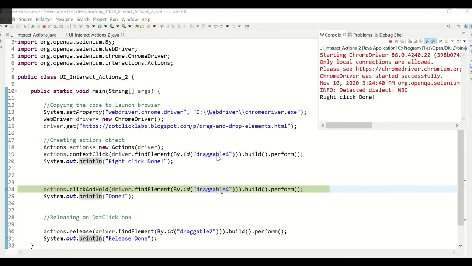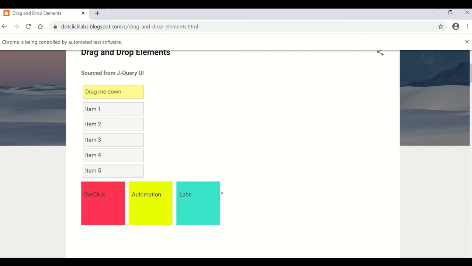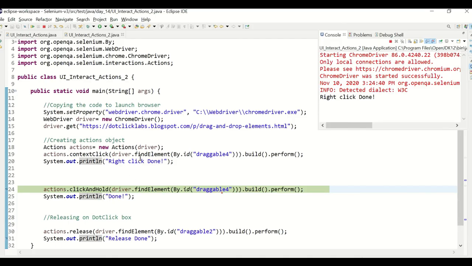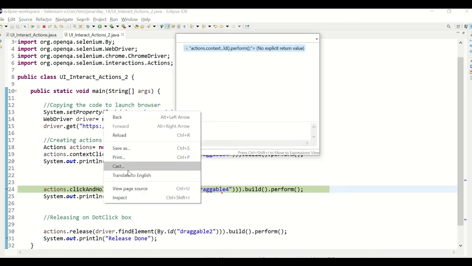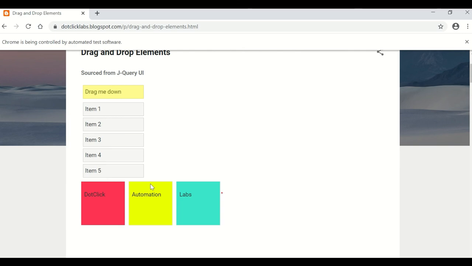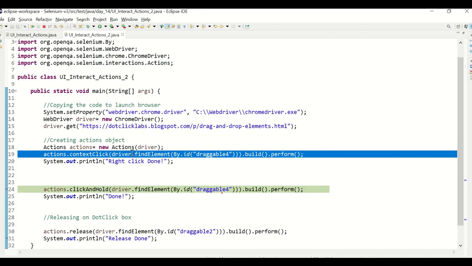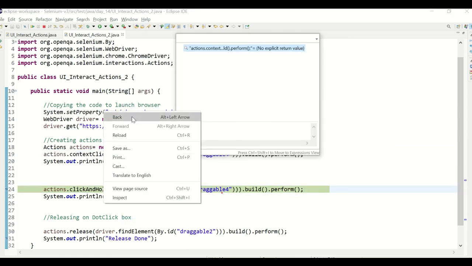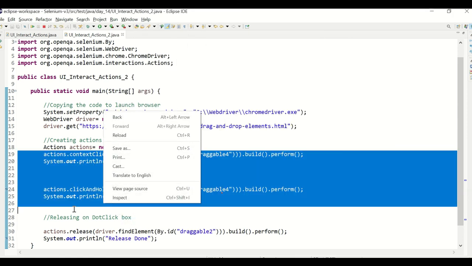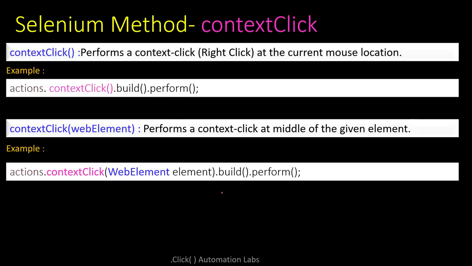But as I said, this is tricky, because as soon as you change your tab, the right click is gone. Simply you see some back, forward, reload, because this is the impact of right click. When you right click on a web page, you can see options like back or refresh the page, right? So this is about achieving the right click on a particular web element. You see again back, reload, save as, print, and all. These are all about the context click.